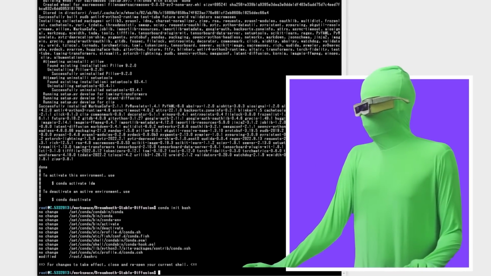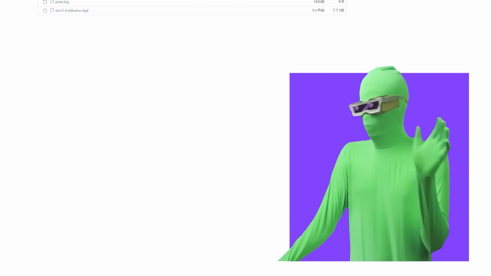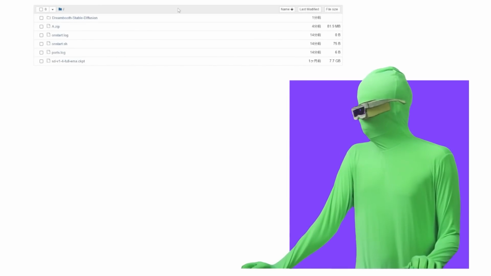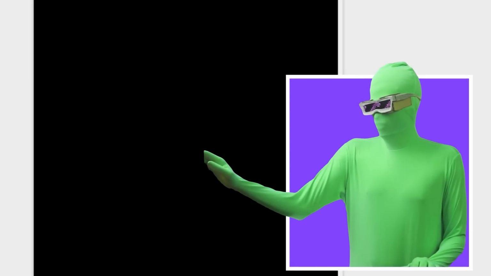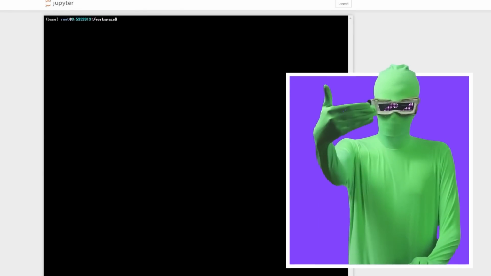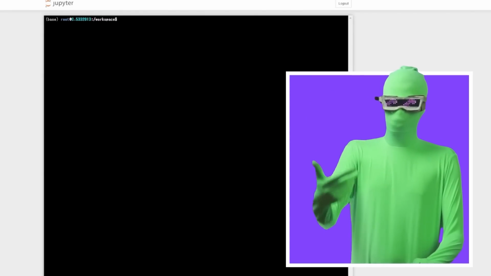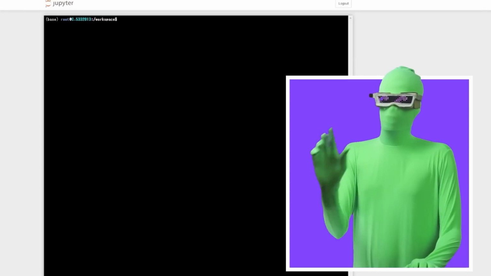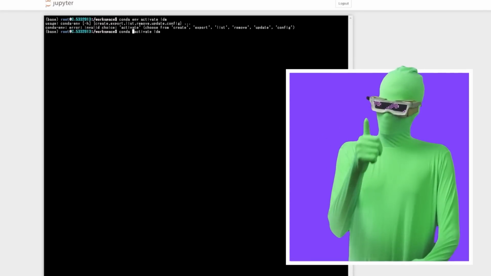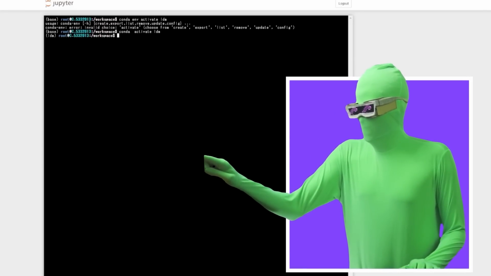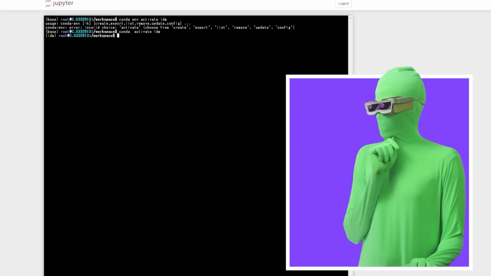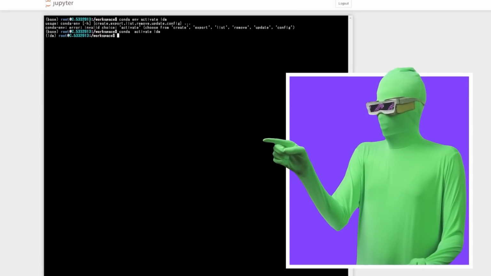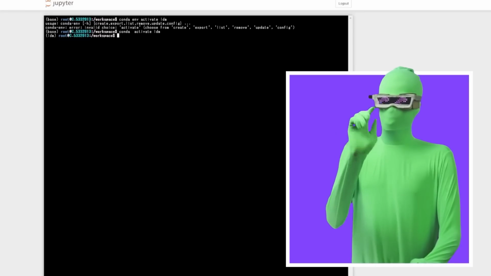Once you have that happen, close off all the terminal instances that you have, and now start a new terminal again. Now you see at the front here the word base. That means the conda init bash worked, and now you can use conda. So you want to do conda activate LDM. Now you should see at the front that it changes from base to LDM. That means you're in the environment.